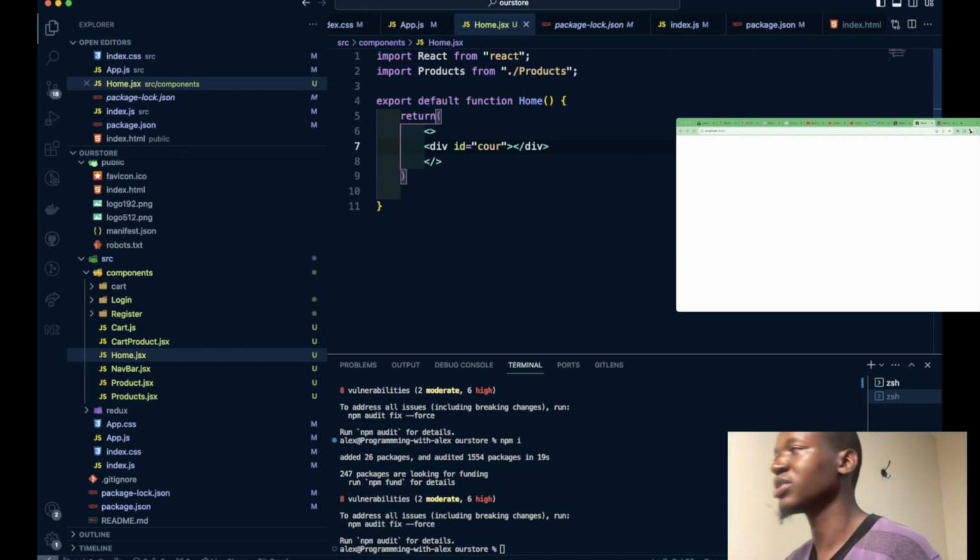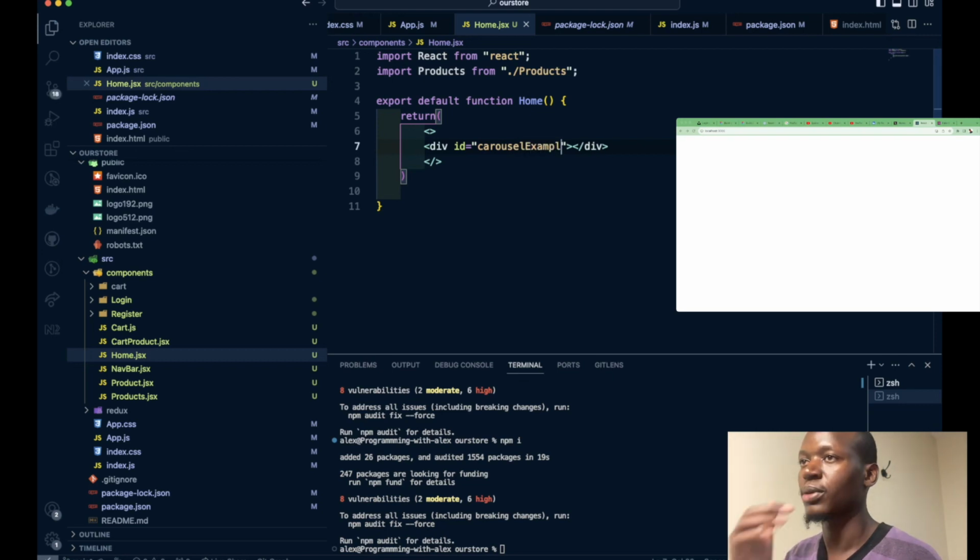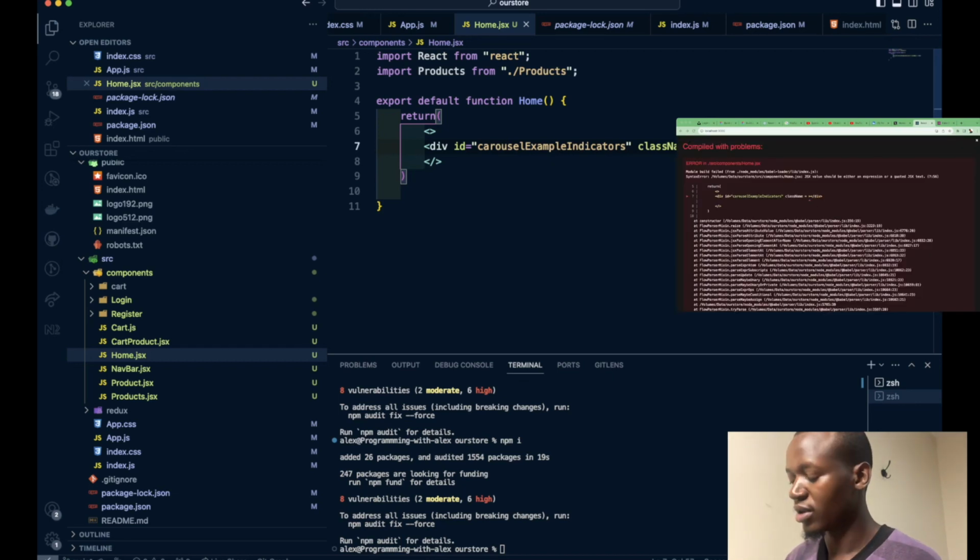I will show you how it works. Carousel example indicators. So let's just have that, and then it will also have a class name. The class name of this div will be called